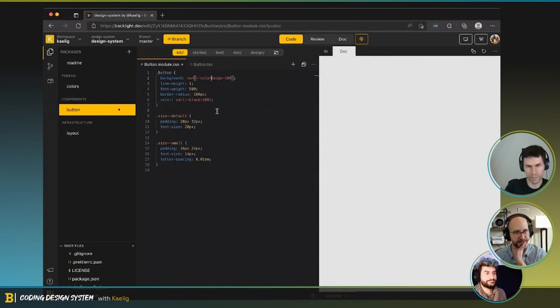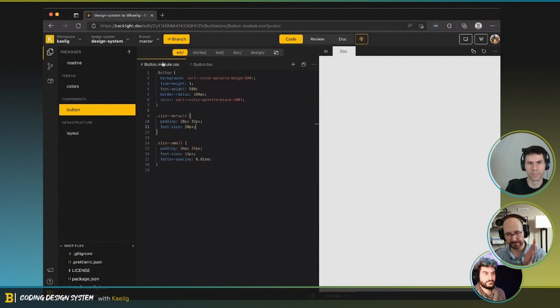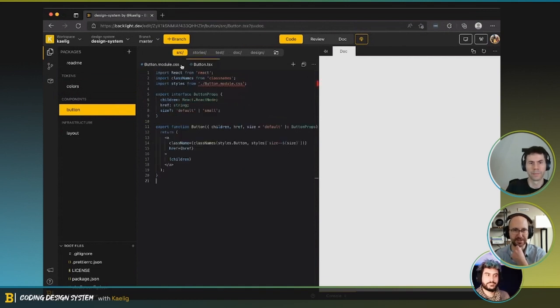Okay. Cool. So everything is in pixels here, but in my repo, I have a PostCSS config that transforms all the pixels to rems. Okay. And I don't know how to do that in Backlight, but that's maybe something for another session.